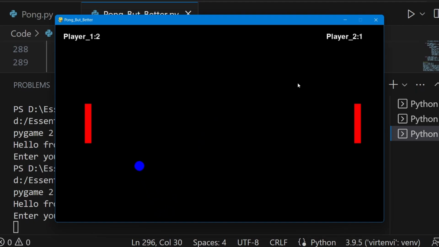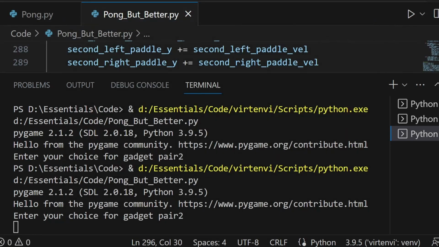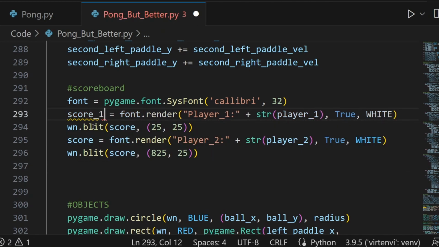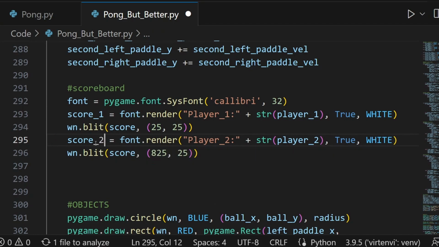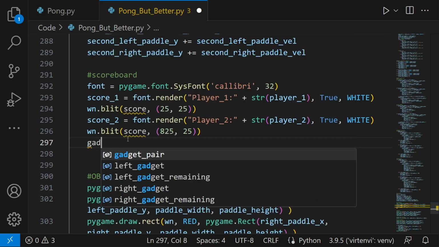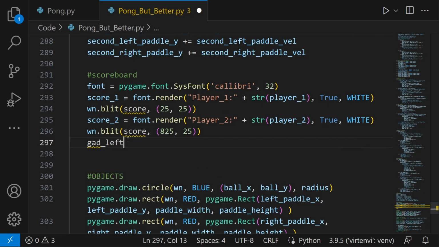Nice. Now we will also have to mention the number of gadgets remaining. So what I will do is, first let's just name this to be score 1 and score 2. And then I will create another new variable, gadget left 1. And similarly, I just have to change it over here as well, and here